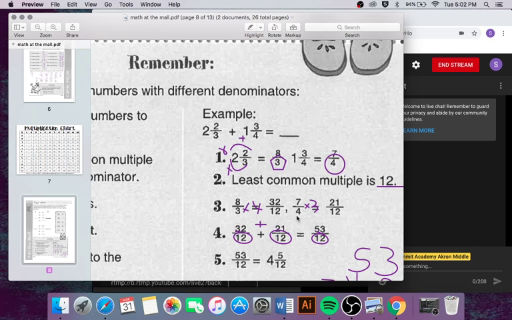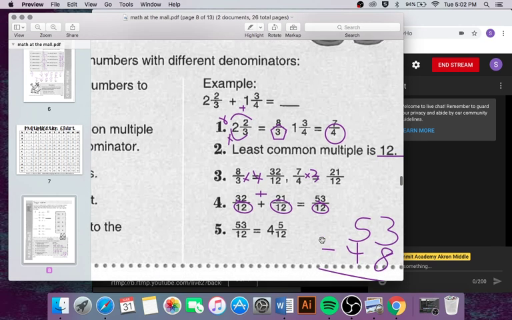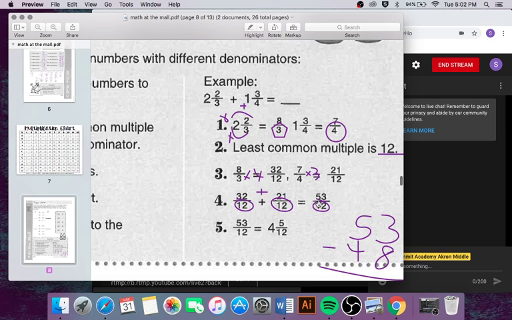Once you multiply them by the least common multiples and you get them over the same denominator, then you can add them, which will give you an improper fraction. And we talked about seeing how many times the numerator will go into the denominator. That'll give you your whole number, and the remainder left over is what will be your new numerator. So up here,